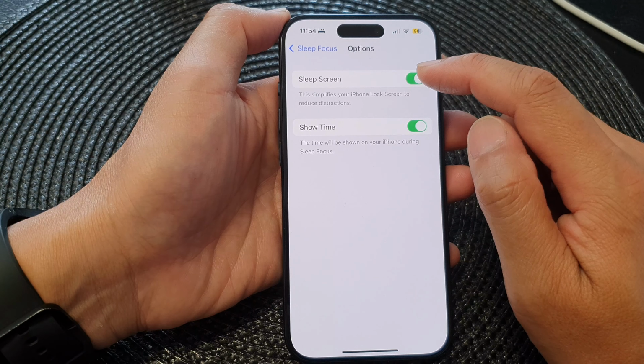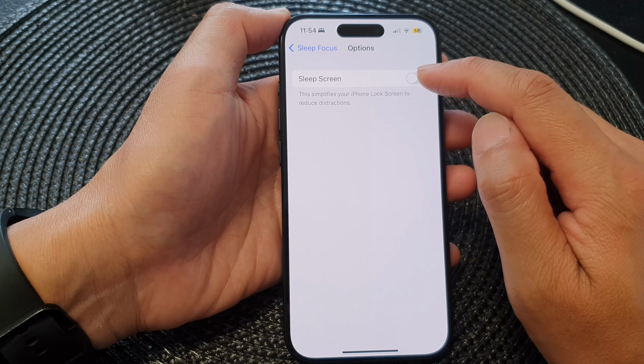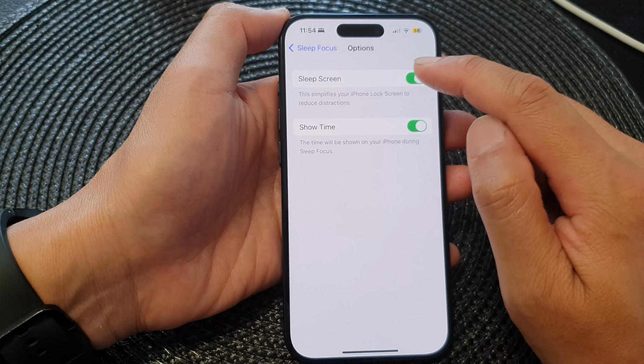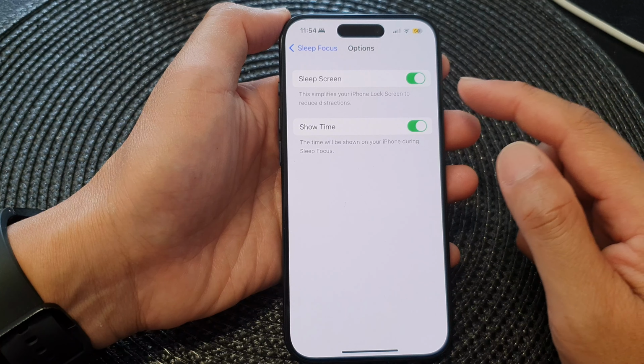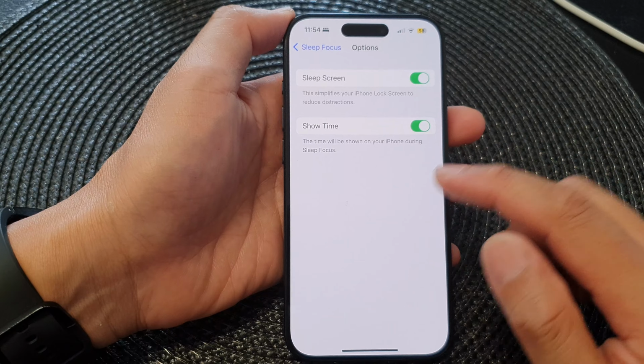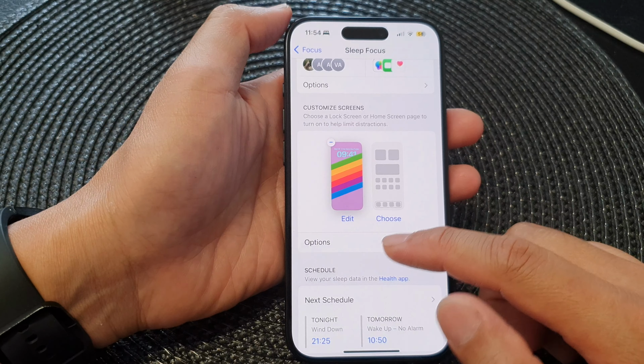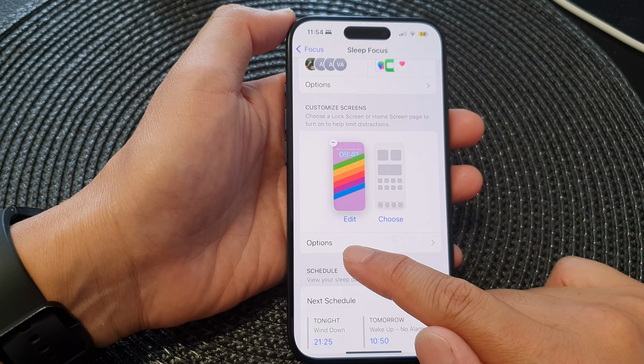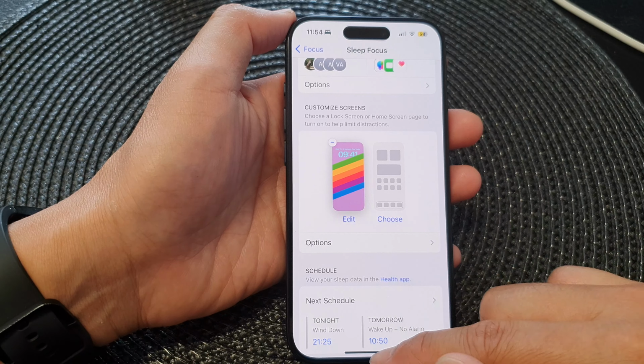In here, tap on sleep screen. So tap on the sleep screen toggle button to switch it on or turn it off. Now this simplifies your iPhone lock screen to reduce distractions. And that's it. Now if for some reason you do not see the options available, then you can go into